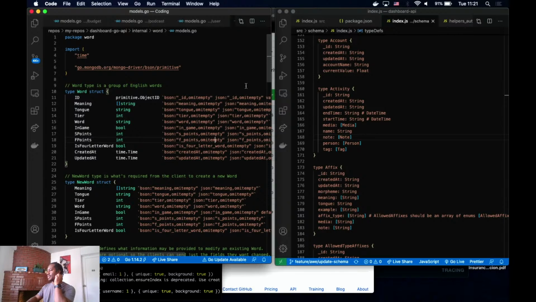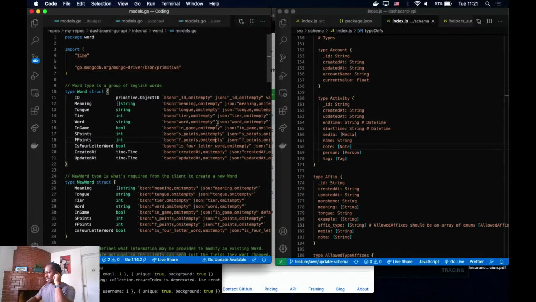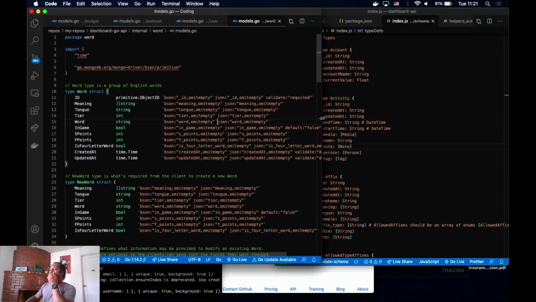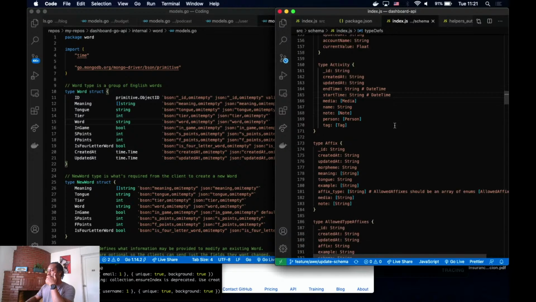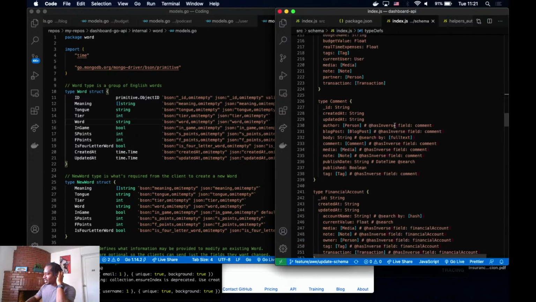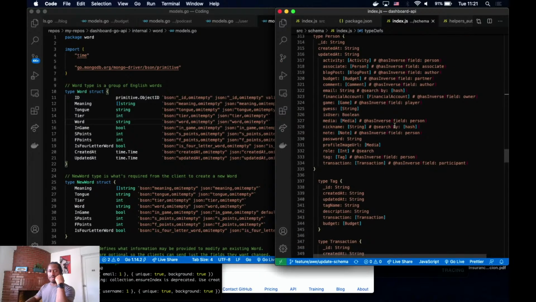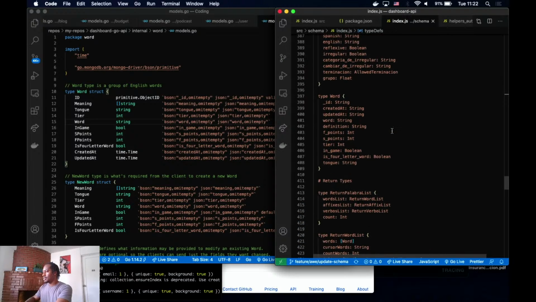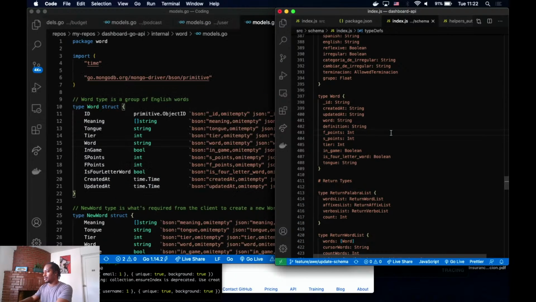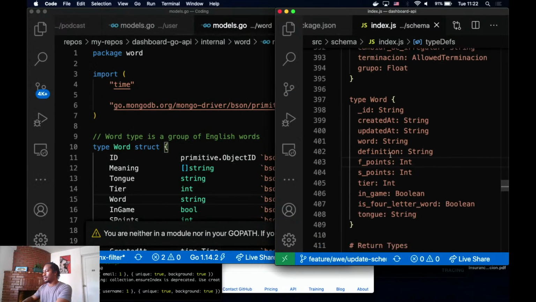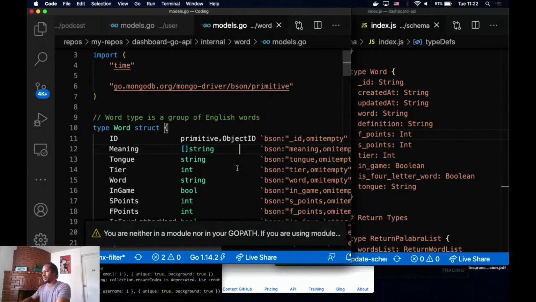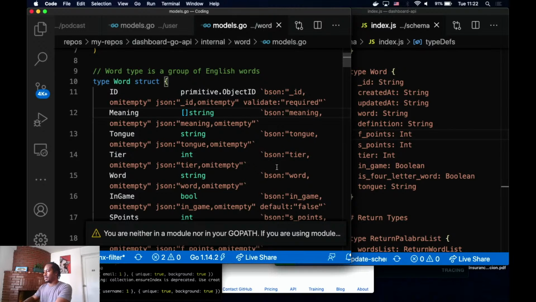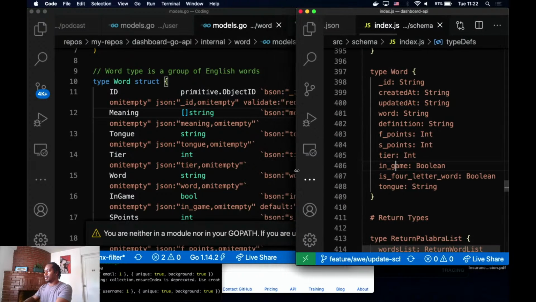We're going. Okay, so let's start with the word type.